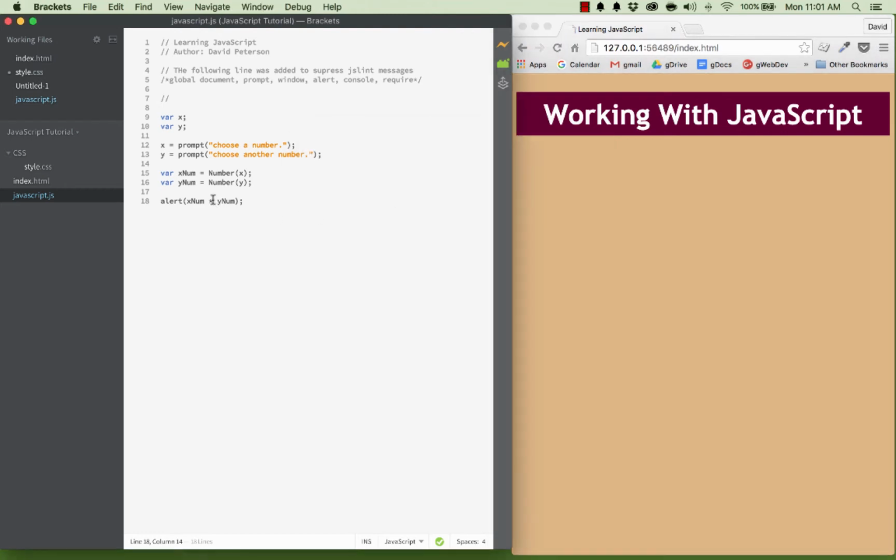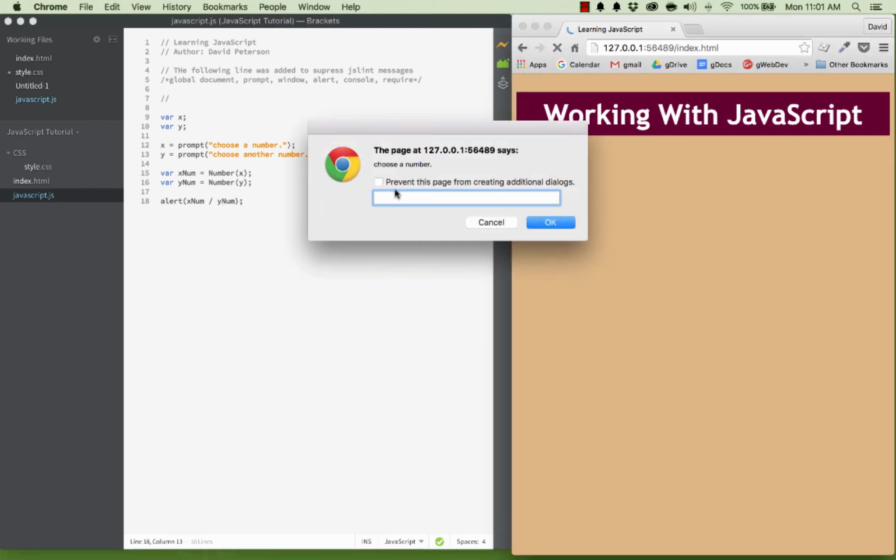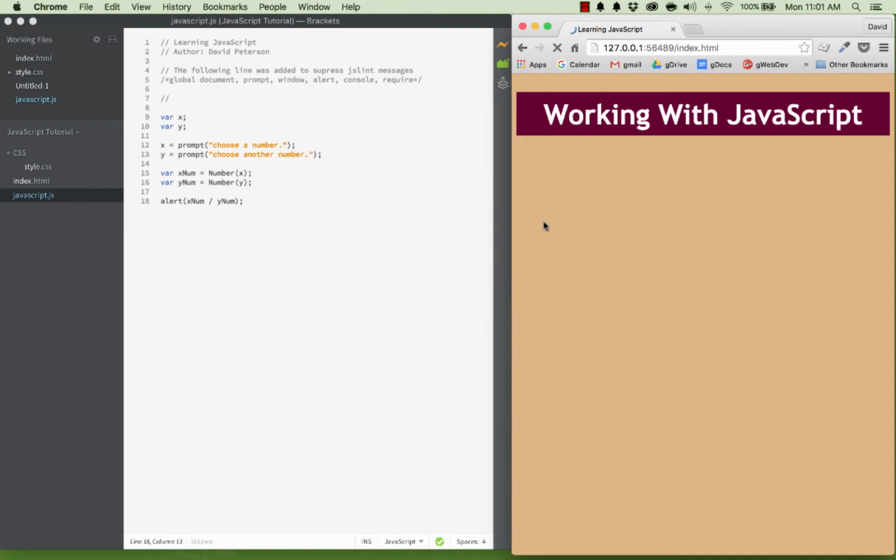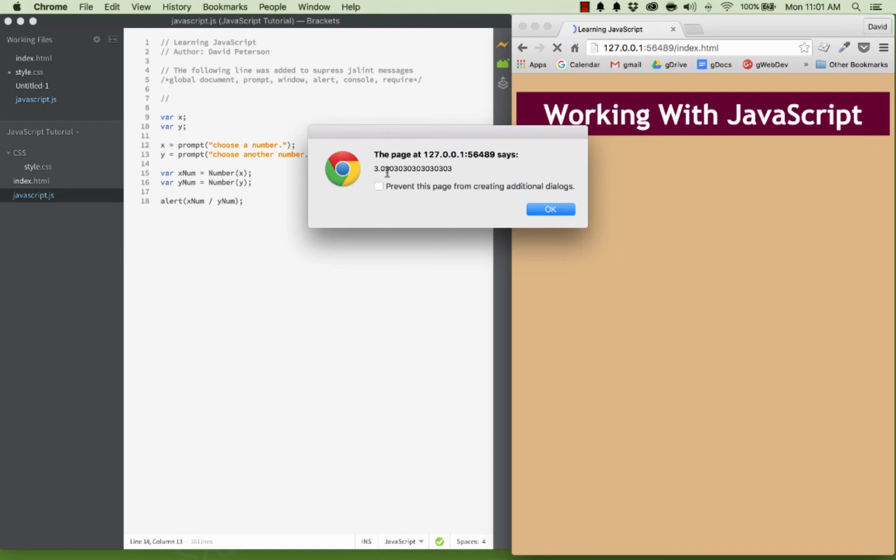And if we do divide, let's do 100, and let's do 33. And what you see here is we have a 3, and then after the decimal point we have 030303 repeating. Now, that's fine. That is the answer, but it's not a precise answer, because if we were working with numbers,